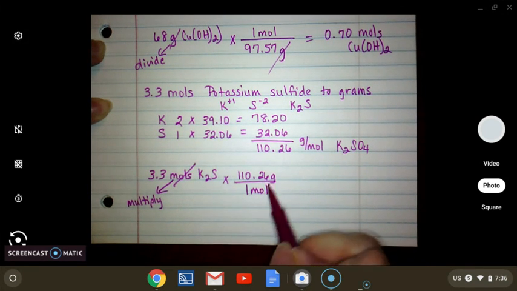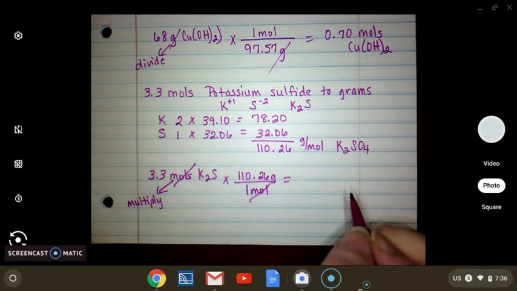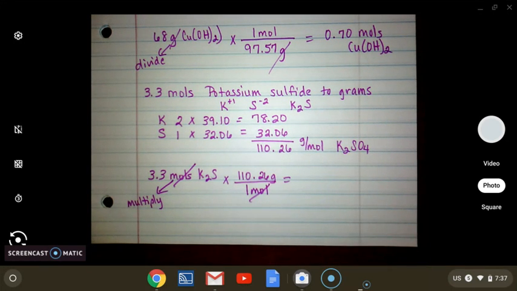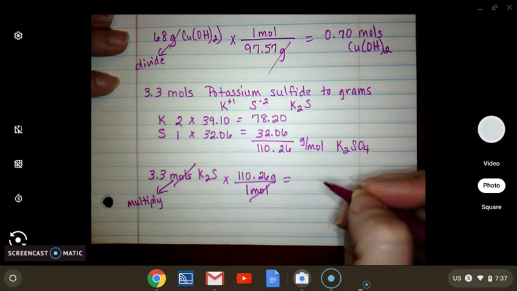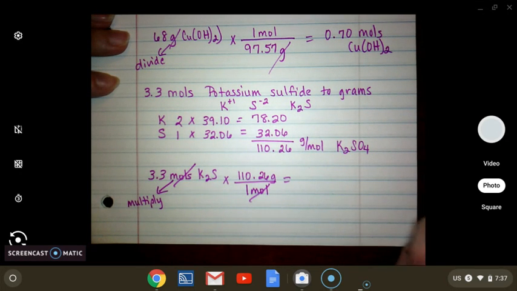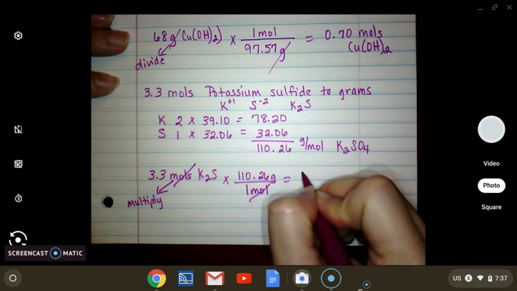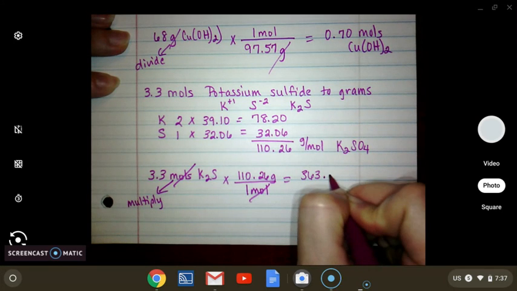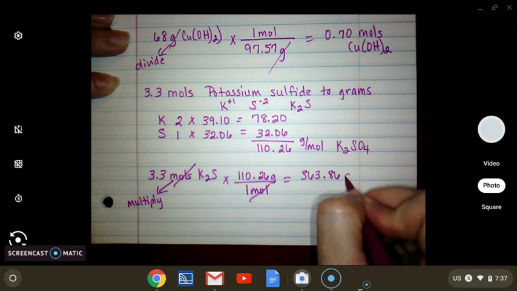So you can mark out moles. And then you're going to take your 3.3 times 110.26. And remember, I wanted you to round 2 places past the decimal. So it becomes 363.86 grams